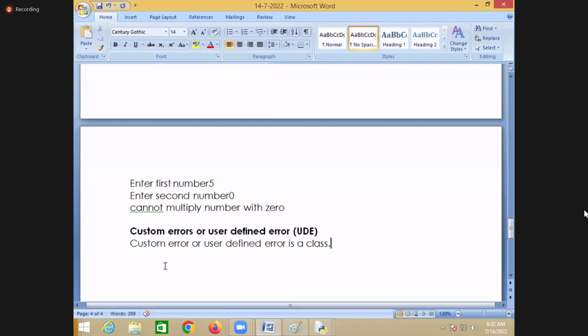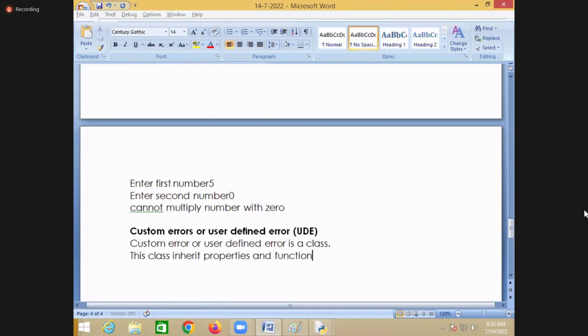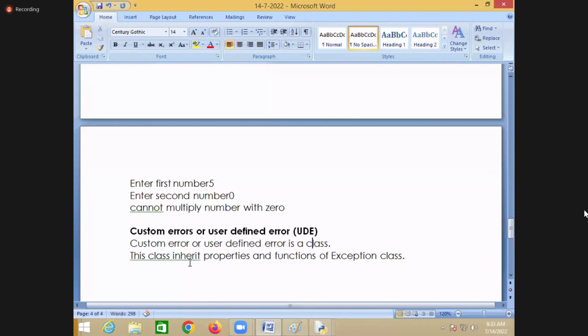So a custom error or user defined error is what here? A class, and this class inherits the properties and functions of which one here? Exception class.